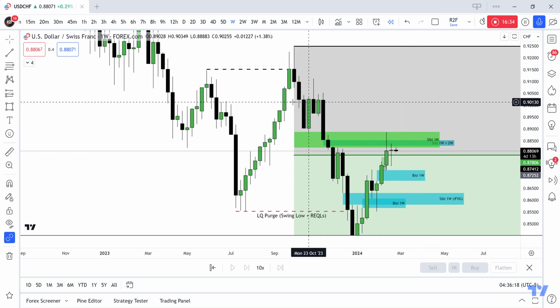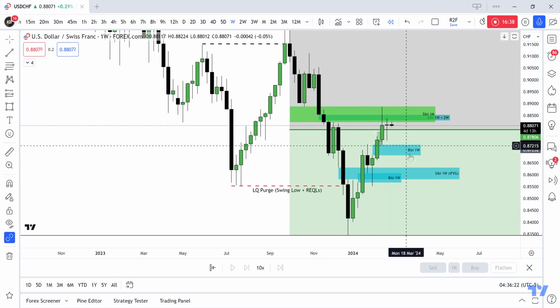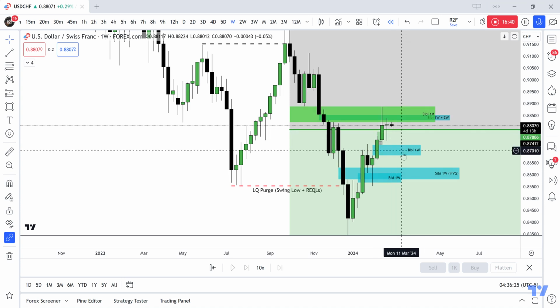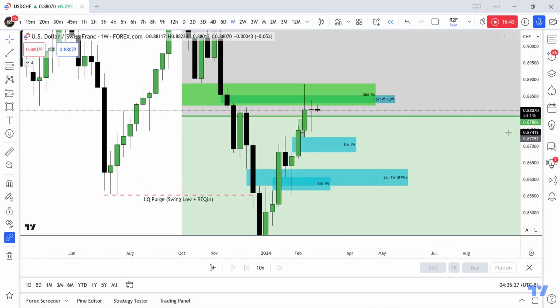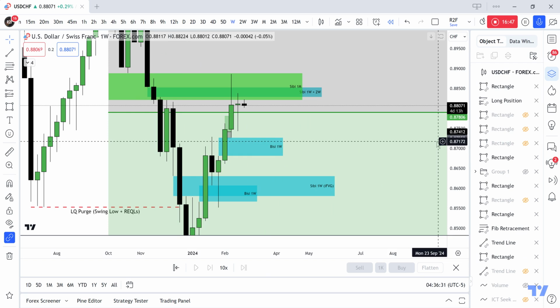of these highs here. These are body highs, which are also interesting. I would like to target that as well. So let's see what happens if price comes all the way down to this weekly gap. I'd be looking to take a long. All right, so